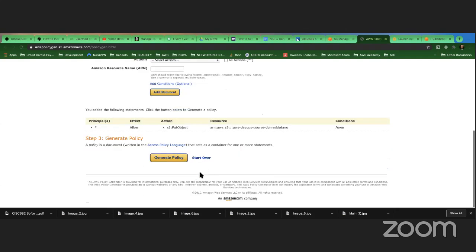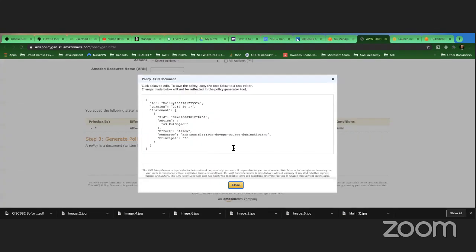So we do add statement, and now it's going to generate a policy for me. So this is the policy. As you can see, it's a JSON file, key value, key value, key value. Did I add the condition?